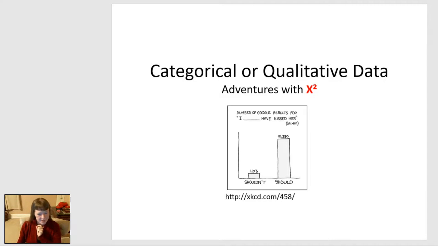Chi is a Greek letter that looks like an X but is not an X. If you spelled it out using regular letters, it would be spelled C-H-I, kind of like we can spell the Greek letter pi, P-I. C-H-I is chi-square, but the actual symbol is what you see right here, which looks like an X, but in reality is the Greek letter chi. And so we're going to be learning